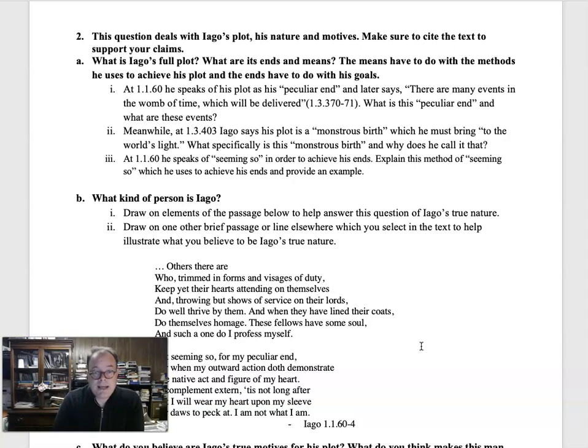So when I say what is the end of his plot, what is the goal of his plot? What does he try to do? And let me be really clear here. Obviously, he wants to bring about the downfall of Othello. But that is just the culmination of a series of, you could say, subplots that build up to that downfall. And I'm asking you for the full vision of how he intends on bringing down Othello by